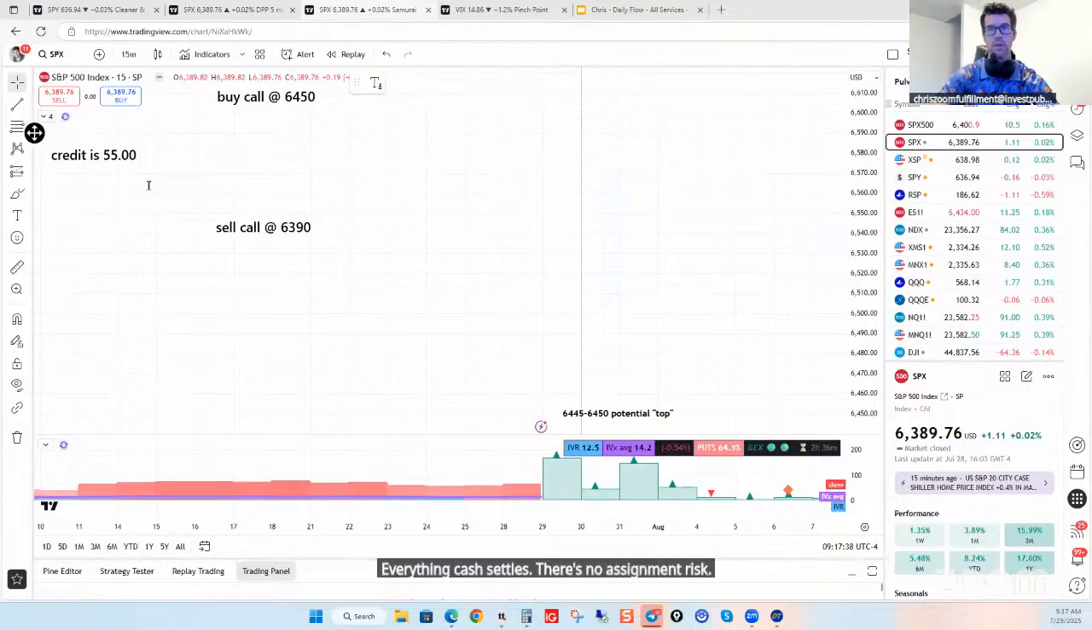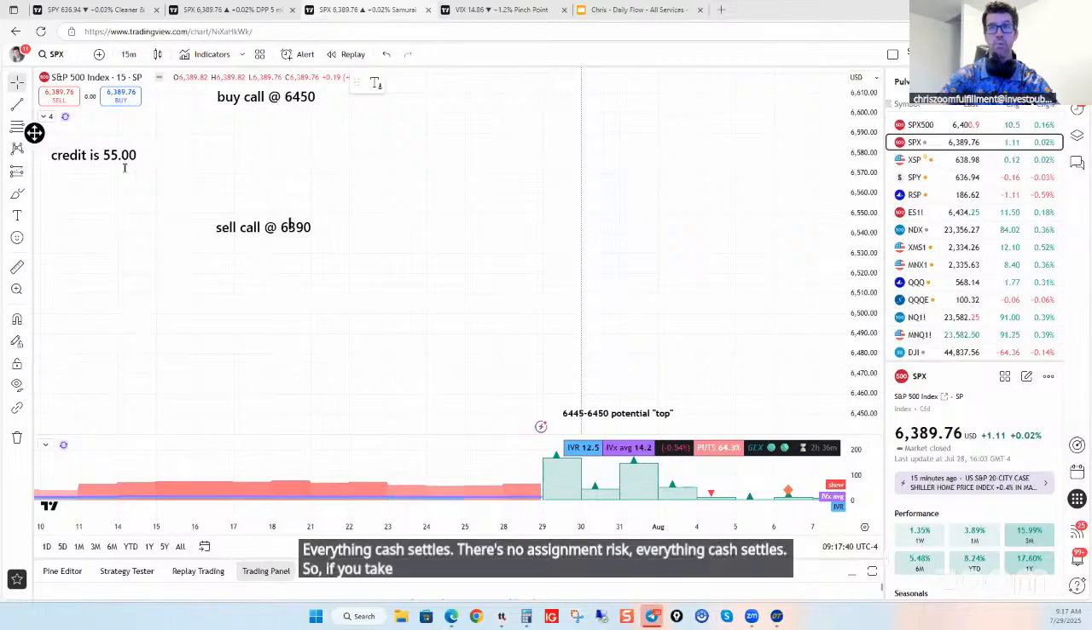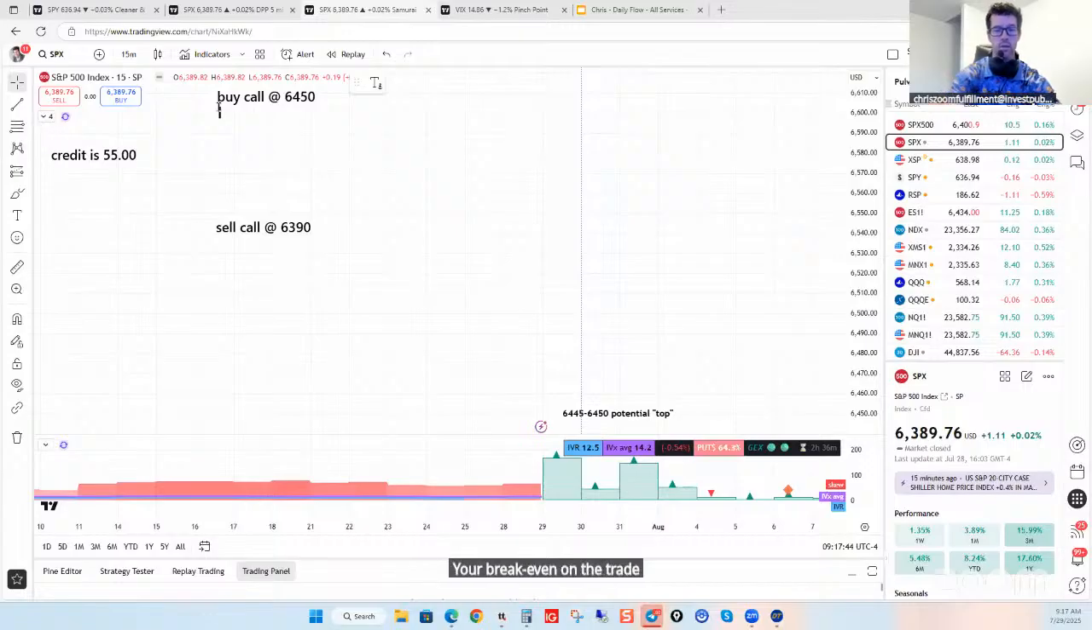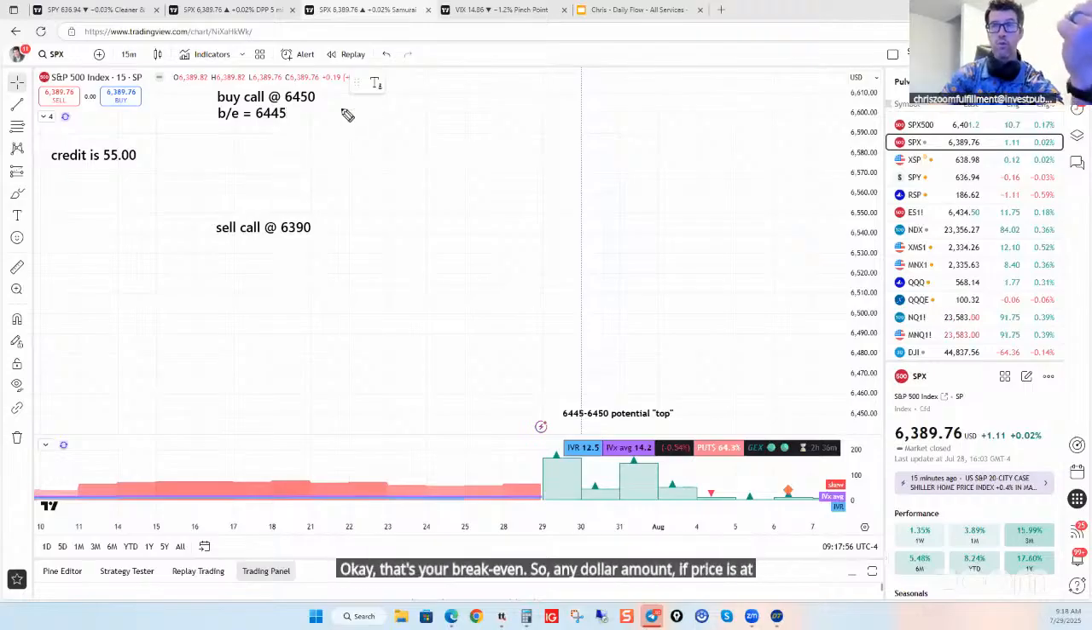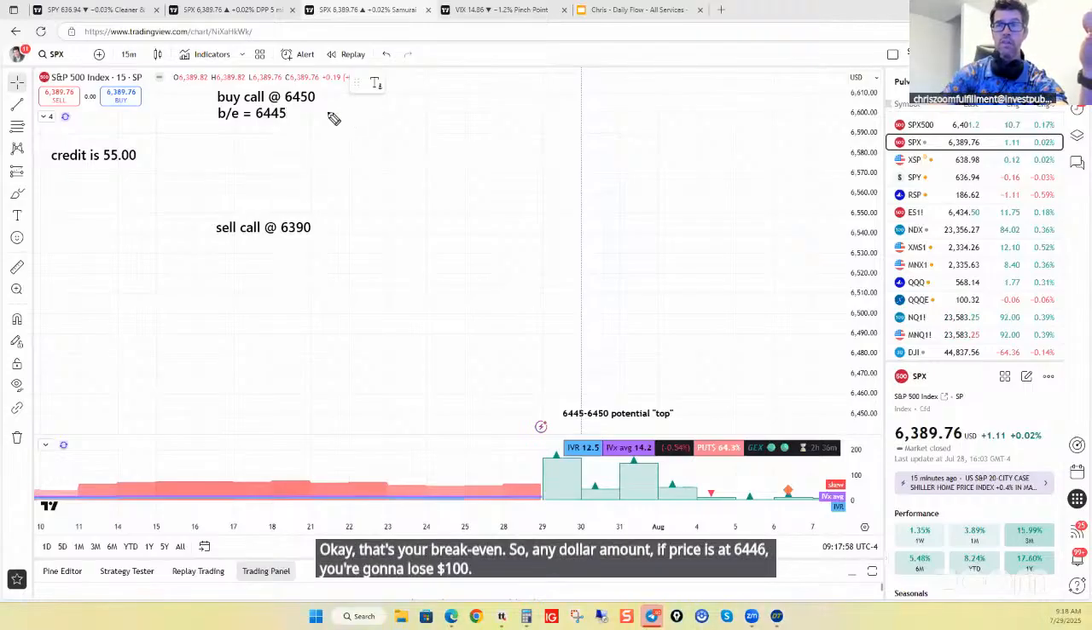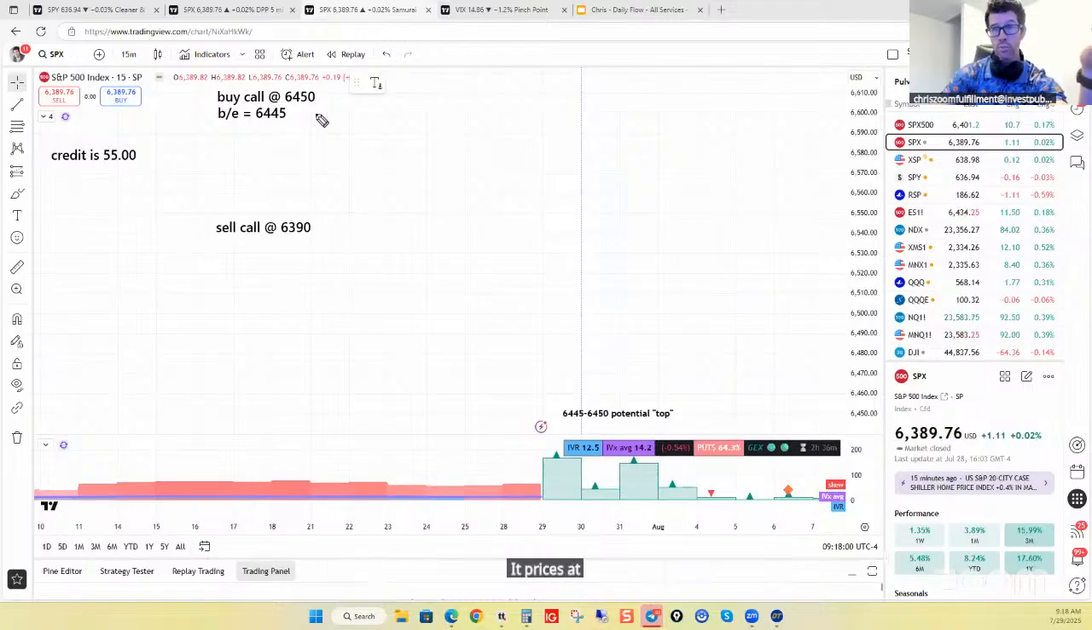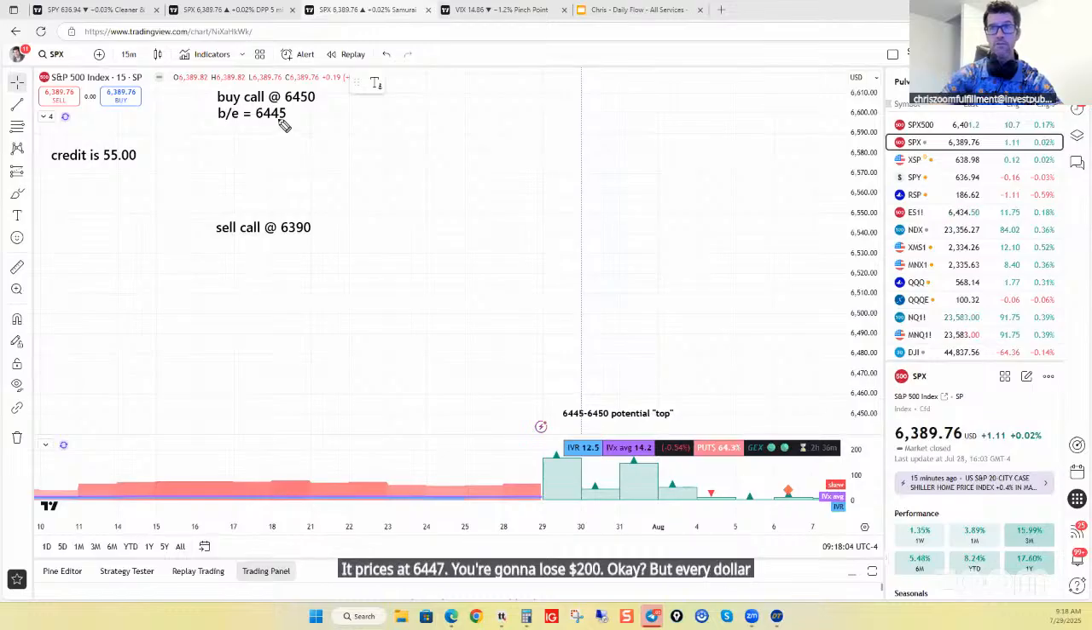So if you take 63.90 plus the $55 credit, your break even on the trade equals 6445. Okay, that's your break even. So any dollar amount, if price is at 6446, you're going to lose $100. If price is at 6447, you're going to lose $200. Okay, but every dollar, if it's at 44